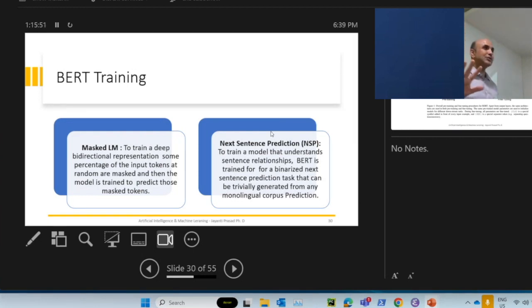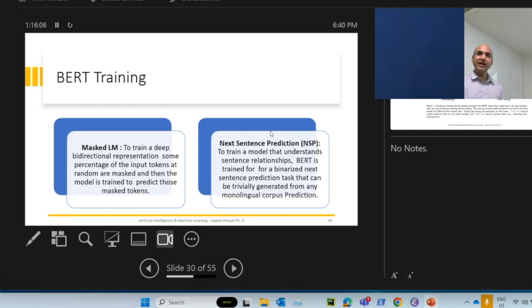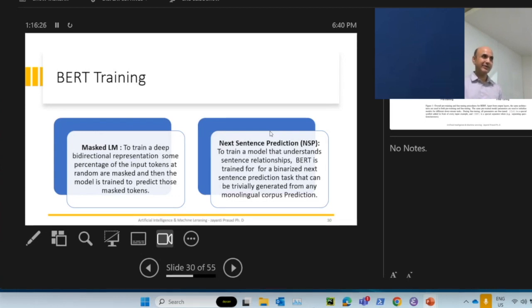So BERT has two kinds of training. Very simple, anyone can understand. First, the masked language model. You have a huge corpus of text from Wikipedia and various places, and you mask certain words in sentences and force BERT to predict those. You should think in terms of maximum likelihood estimation. I will give an example to simplify. Say you are doing an experiment, measuring the heights of people in a sample of 100 people.